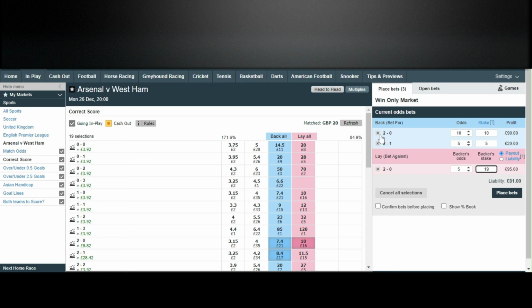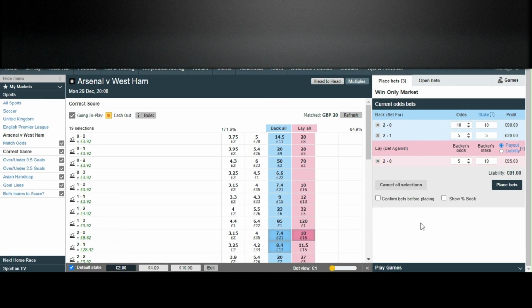But when it's 1-0, you can actually wait a bit because you've still got these covered, the 2-1 and the 2-0. So yeah, just play around with it, see what the odds move to, and either do the 1-1 or just these two, and see what happens. And just have a play around. Don't put too much on at the beginning. If you do think the game's not going your way, then just come out for a small loss.